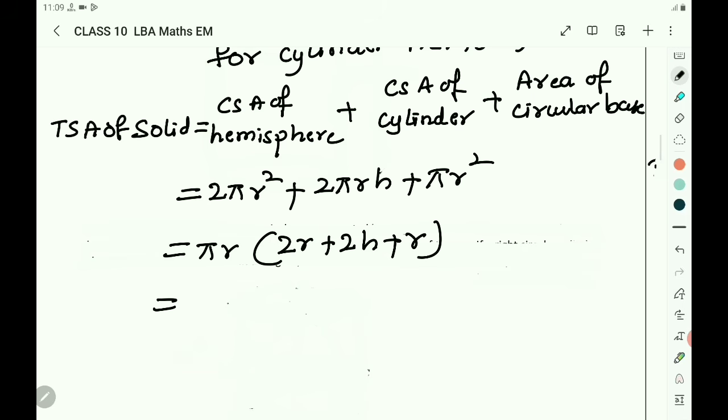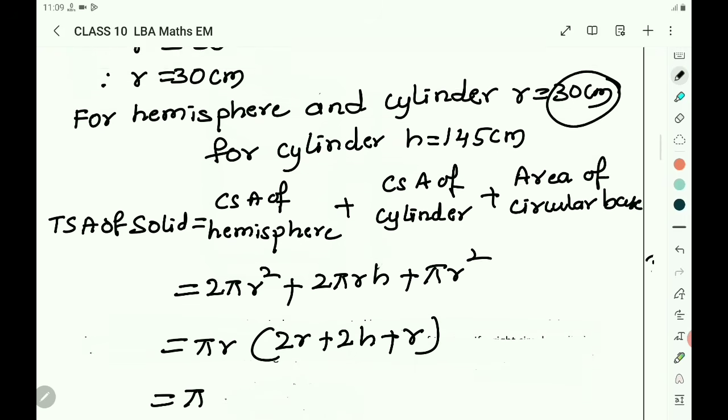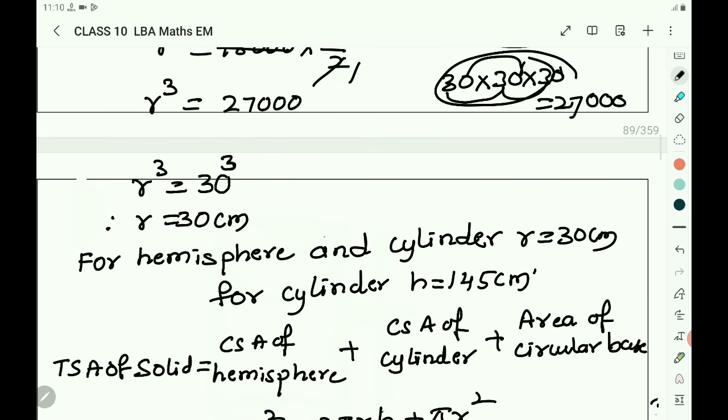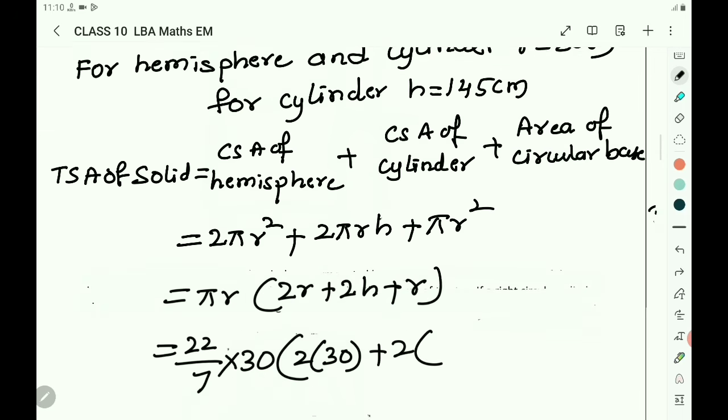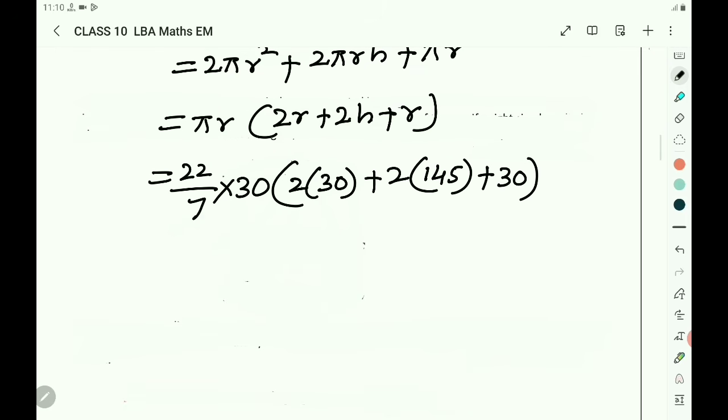Then it becomes pi into r value is 30 centimeter into, here you write the value of pi also. Pi value is 22/7 into r. R is 30 into 2r. 2r is 2 into 30 plus 2h. 2 into h is 145 centimeter, 145 plus r. R is 30 equals